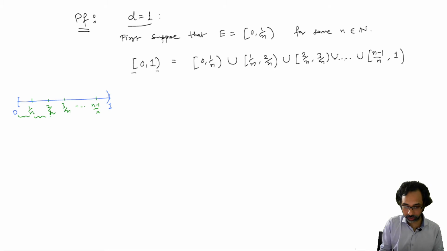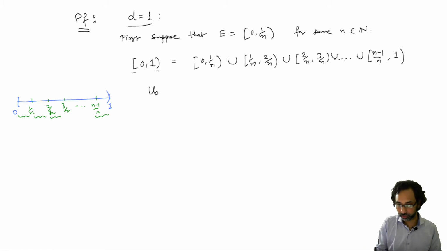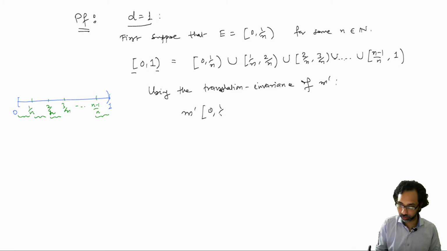So each one has size 1 by n, and here I will use the translation invariance of m prime. So using the translation invariance of m prime, we get that m prime of this set 0, 1 by n